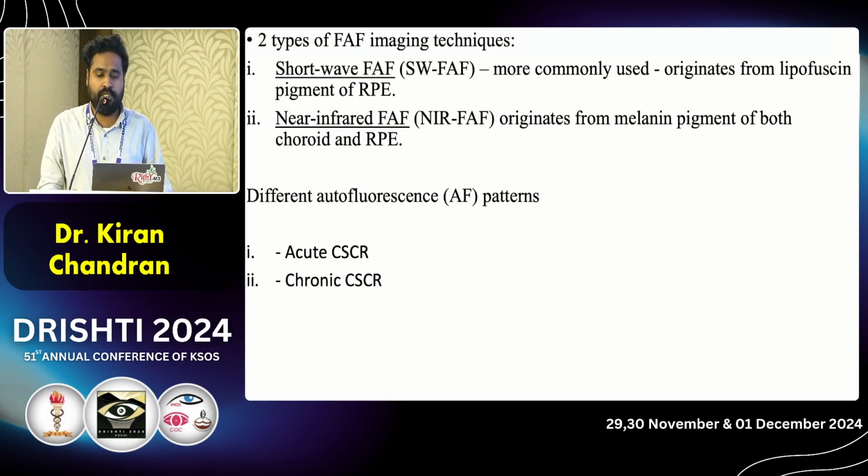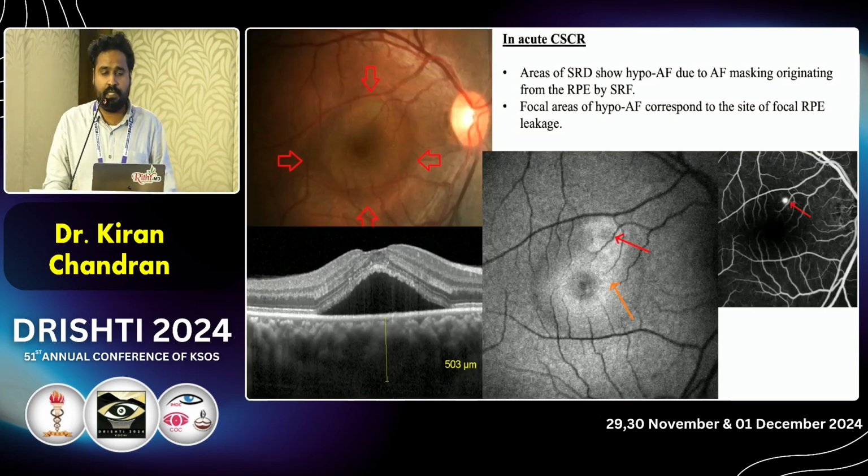Short wavelength originates from the lipofuscin present in the RPE, whereas near infrared gives information about the melanin from both the RPE and choroid. So different autofluorescent patterns are seen in acute CSCR. You get areas of hypoautofluorescence in acute CSCR due to fluid collection, and areas of hyperautofluorescence can also be seen corresponding to areas of leakage on fundus fluorescein angiography. In cases where FFA is contraindicated, you can use FAF as a tool for treating these patients with focal